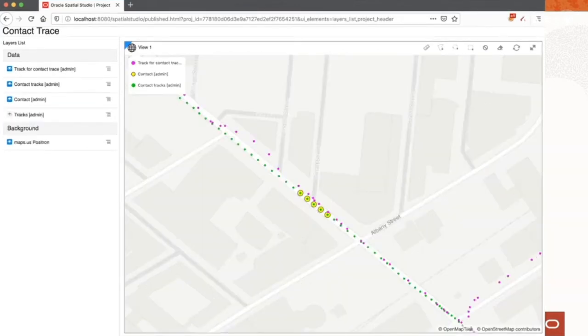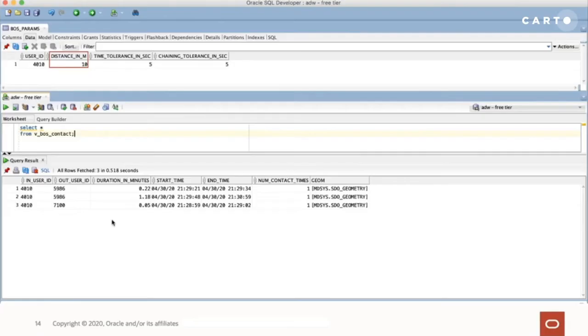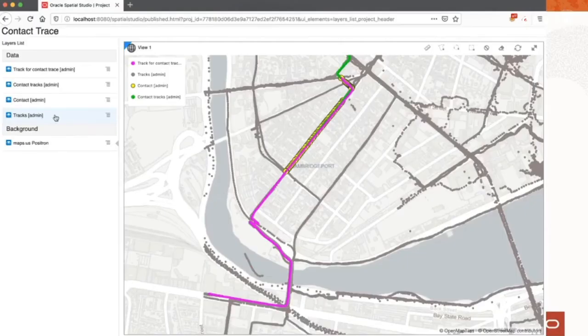If we zoom in, we can see that there were long extents where they were very close in space, but it's only those areas surrounded by yellow that met the space and time criteria or thresholds, and therefore that set of yellow locations constitutes our duration or our episode of contact, with a location and time or duration associated with it. If we take a look at a different person to track, here we're going to take a look at a different user, 4010, and a distance tolerance of 10 meters, leaving the time tolerances alone, and we can see again